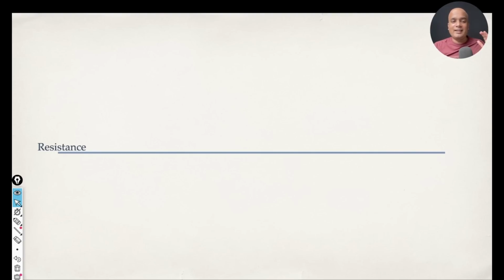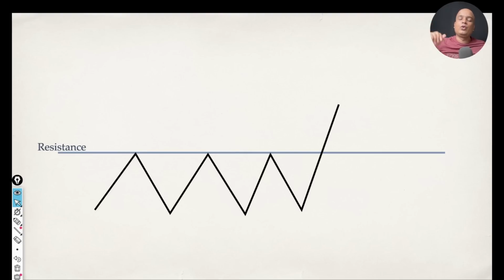Let's say there is a resistance trend line. Now price breaks on the upside. You should let it go. Price moves above the resistance trend line, let it go. Then wait until price comes near the breakout level, that is the resistance level, and forms a bullish confirmation. This bullish confirmation can come through a bullish engulfing, or bullish harami, or hammer candlestick pattern, or pin bar pattern.